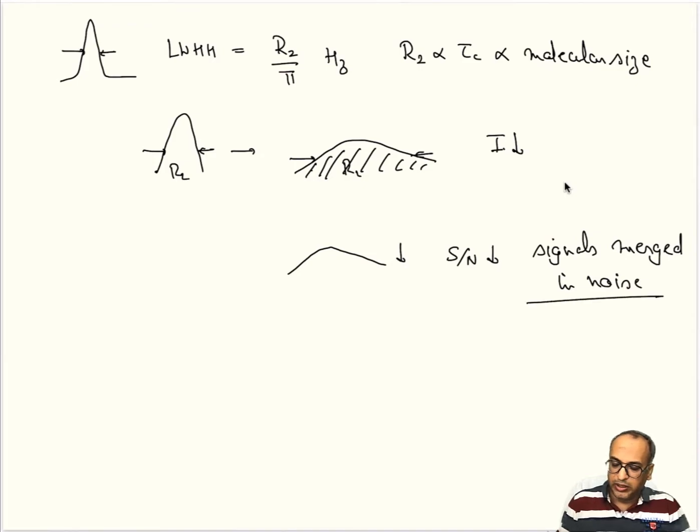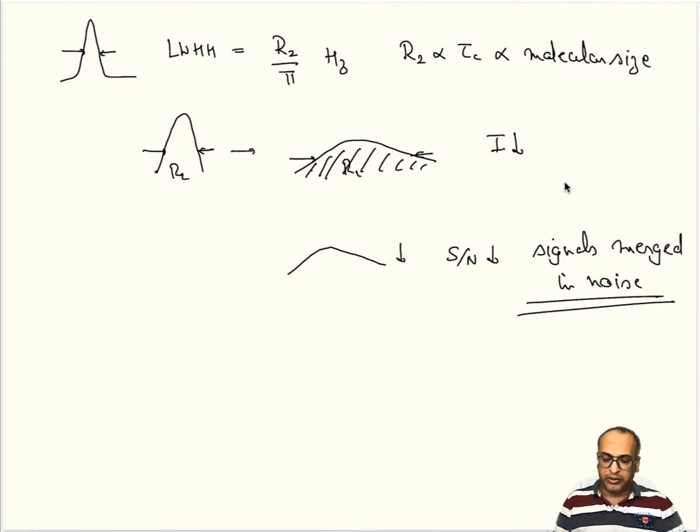And that is one major limitation for solution state NMR, that one cannot handle molecules which are greater than 20-25 kilodalton in size, because then the R2 values are so high that the signals are too broad to be detected or to be measured systematically, right? So now that we have learnt, we have the following information content.